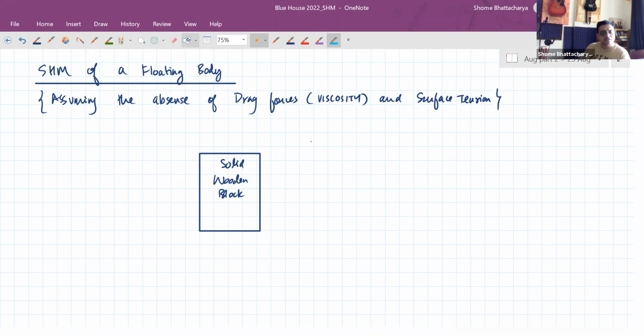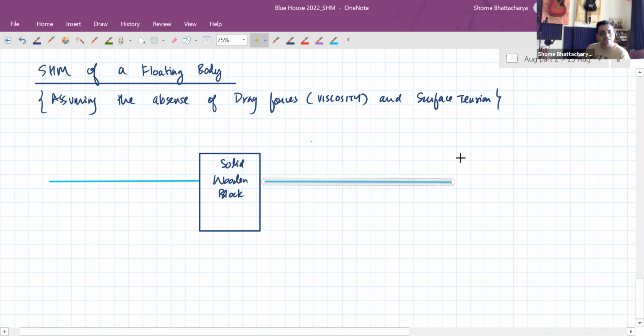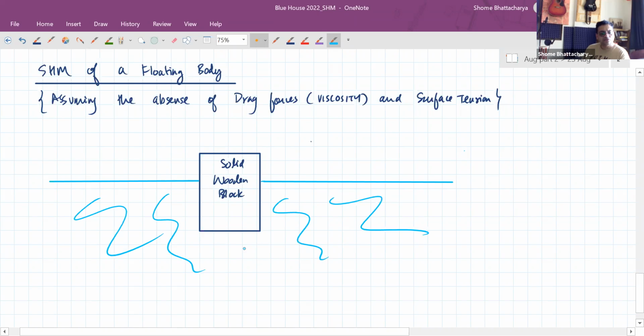Now, suppose initially it is in equilibrium in water, such that let's say 60% of its volume is submerged. So it's at rest in static equilibrium with 60% of volume submerged. Now we'll show that if you depress this slightly or pull it out slightly and release it, it performs SHM, and we'll find the time period. So this side length is L and this area is A. So the volume of the block,